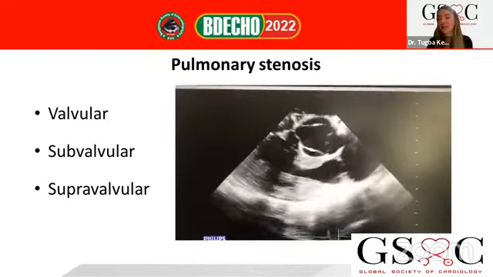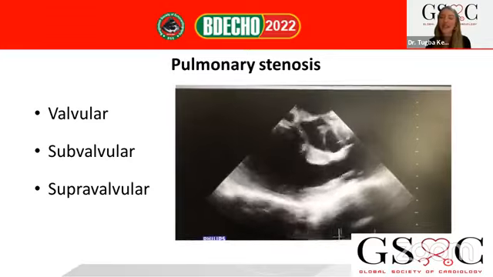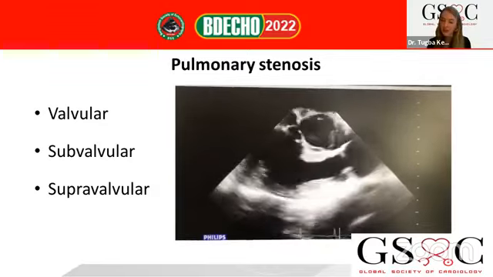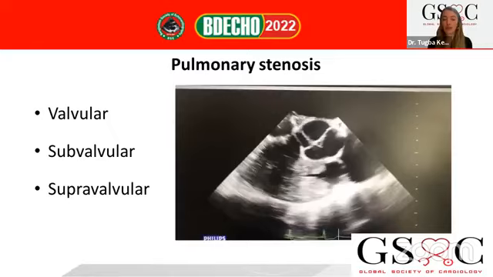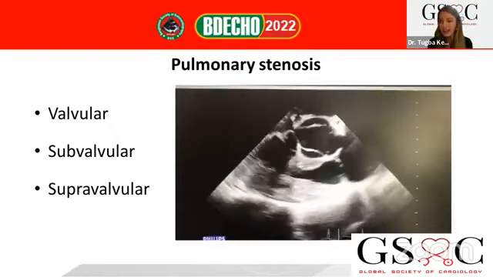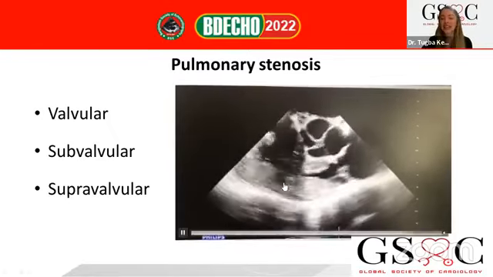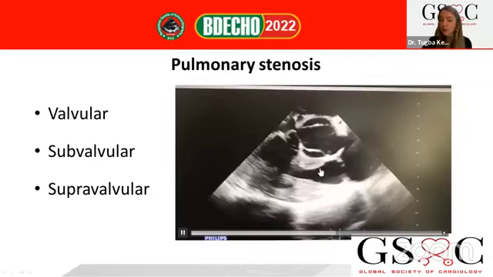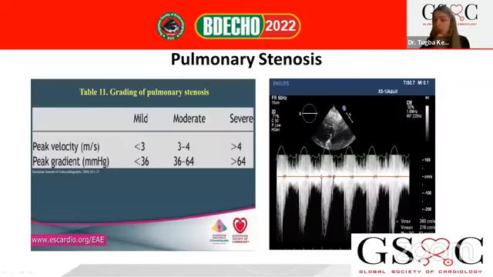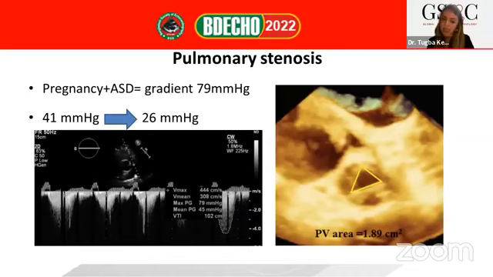Of course, I want to share my experience about pulmonary valve stenosis. Yes, it might be valvular, subvalvular, or supravalvular, or together, as you see in this case. In this case, you see valvular stenosis and subvalvular stenosis at the same time. But when we use conventional techniques, we use just peak velocity and peak gradient. And of course, it's not enough, because we know that gradient-based classification can be affected by heart rate, volume overload, left-right shunt. So it's not enough to understand leaflet pathology.